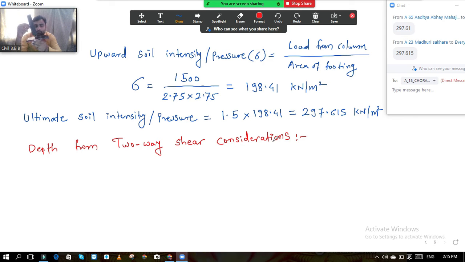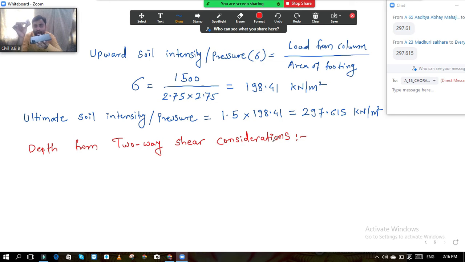This column will try to penetrate through this footing, and this column penetrating means you are imagining that if this penetration is there, then whatever the cross section of the column, that much hole will get created over here. Punching action, I stated at the start. What will the punching machine do? The small rods of the punching machine get punched through the paper, so that much hole we get.